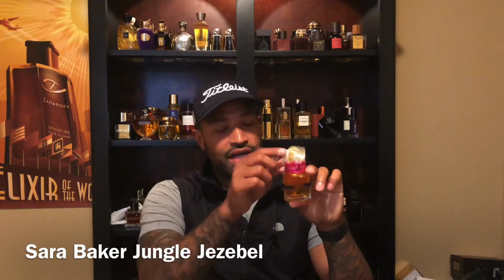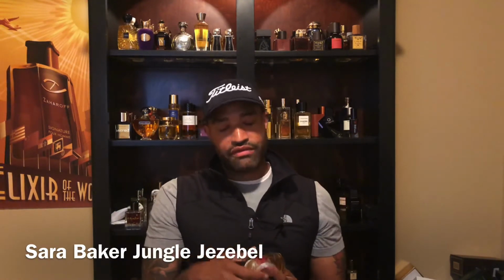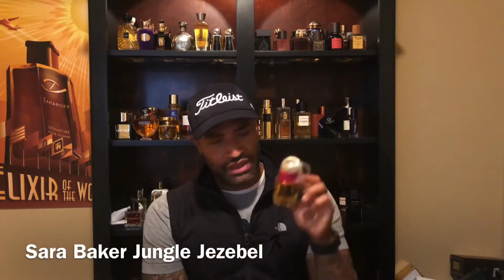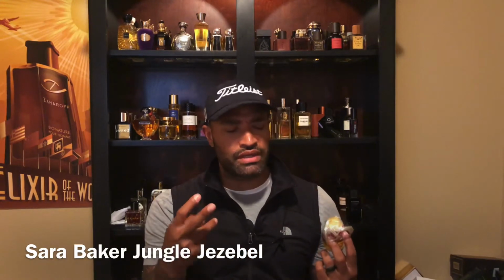This was a bottle that I saw online, and I knew I had to get it. I couldn't find this for a really good price when it first came out, because man, people were really on this. And the fragrance is even more amazing. It's so unique. It's one of a kind. It definitely matches up with the outside appearance of the bottle. This is banana, it's bubblegum, it's civet, and it also has a really, really elite tuberose note in this fragrance